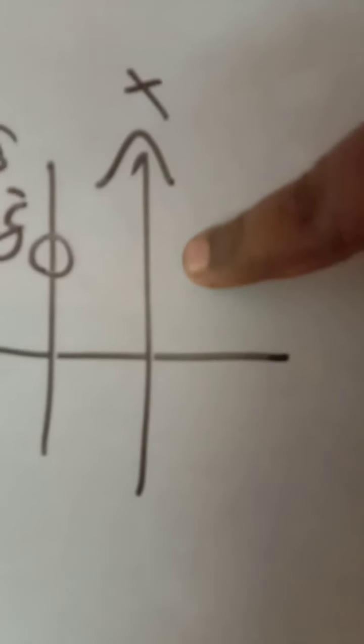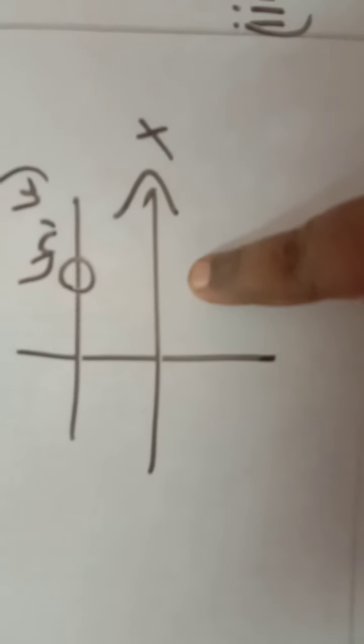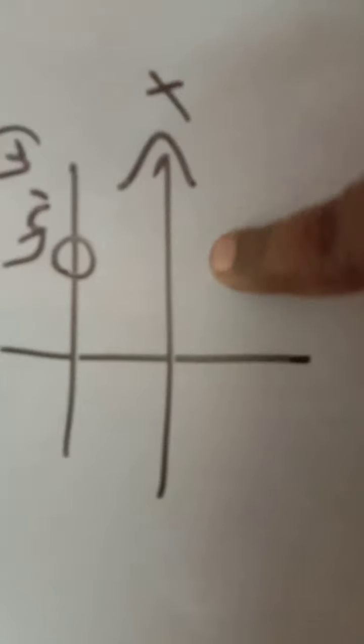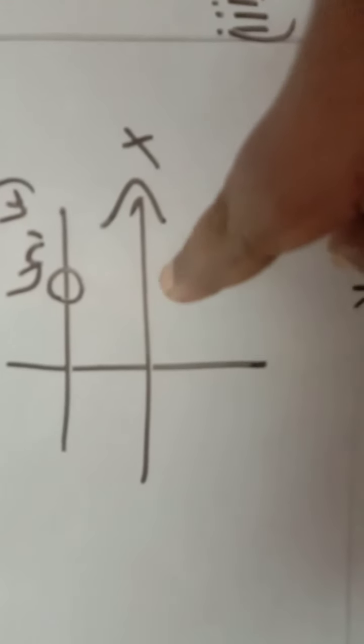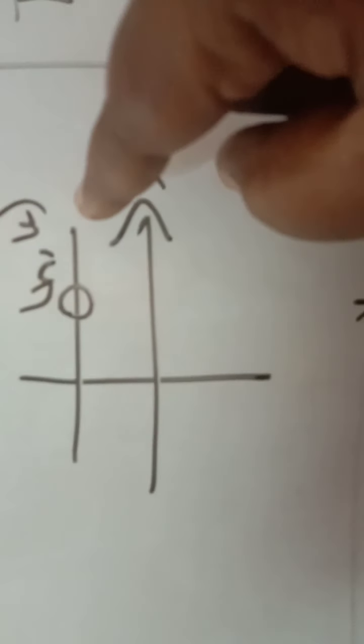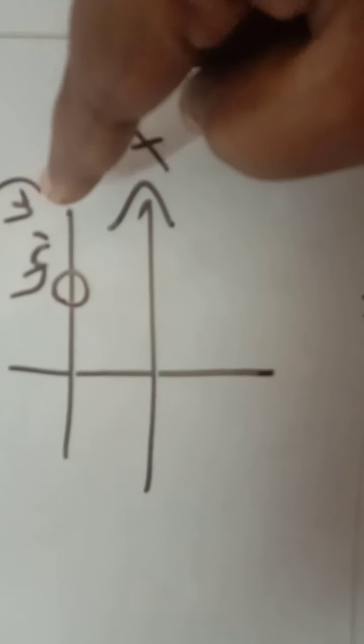Equation of x-axis, what is equation of x-axis? Yes, you are right, it is y equal to 0. So we have to write y equal to 0. The same way, parallel to x-axis, it is the horizontal line. So we have to write y is equal to, what is the y coordinate here? h comma k. k is the y coordinate, h is the x coordinate. So we have to write y equal to k. So the equation of the straight line parallel to x-axis passing through h comma k is y equal to k.